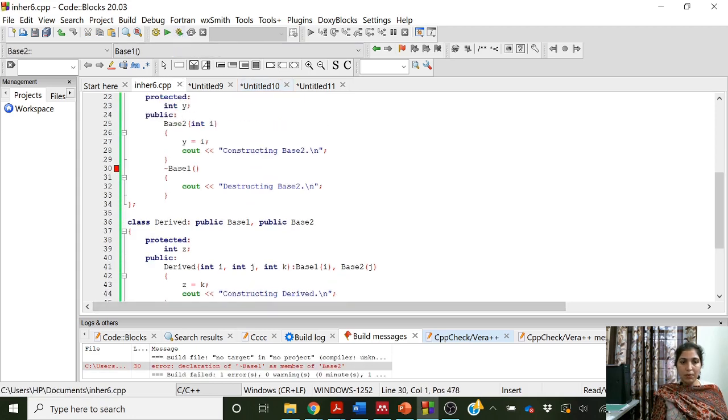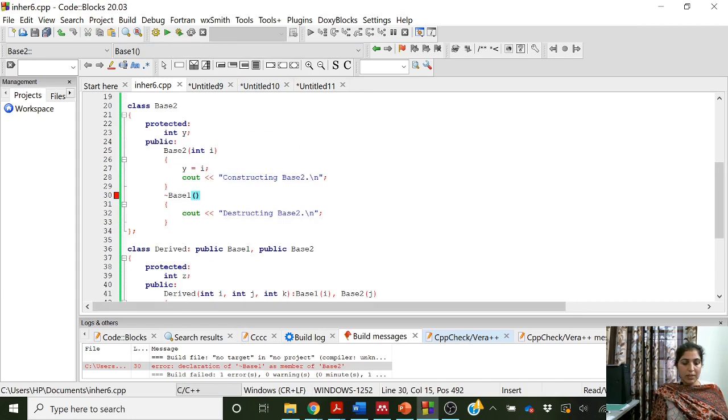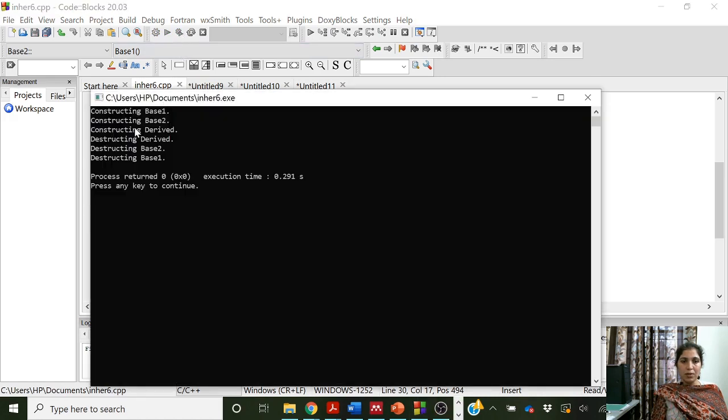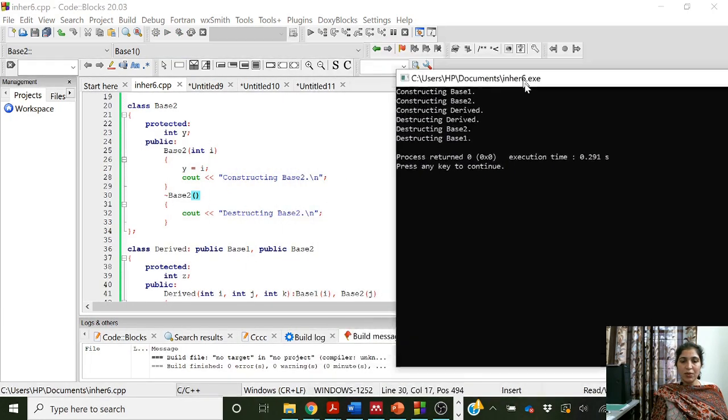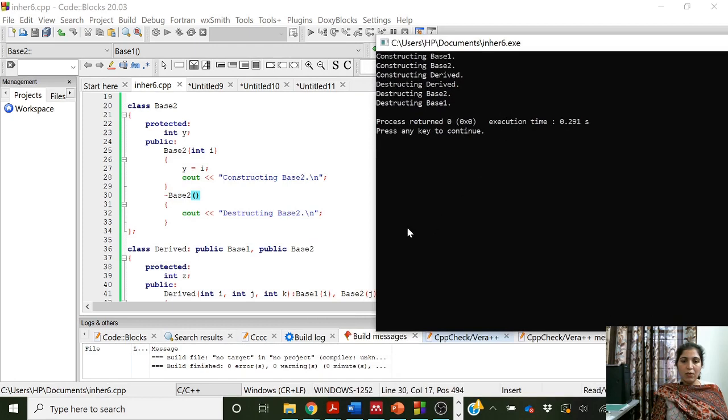There is a problem here, it should be base 2. Okay, so the same output, constructing base 1, constructing base 2. So the constructors are executed in the order of derivation from left to right. First base 1 constructor will be called, it will initialize the value of x to I, then control will return here.